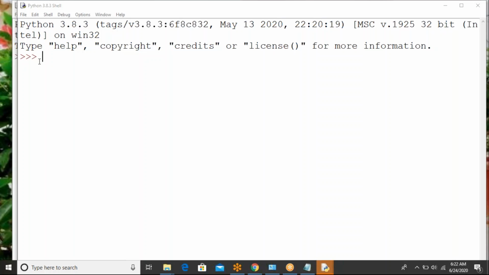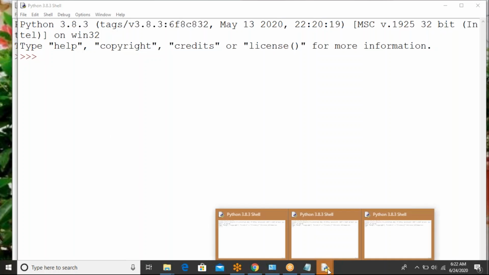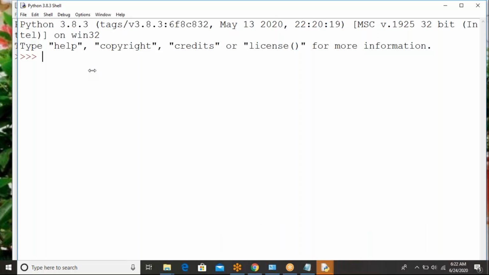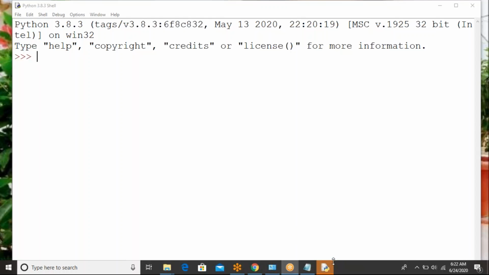If you want to quit this, one second, you close it and reopen.